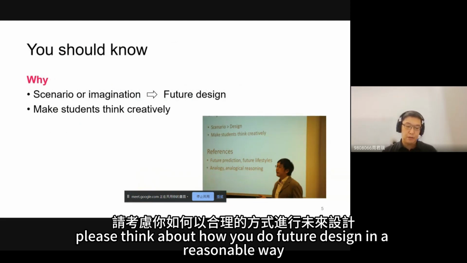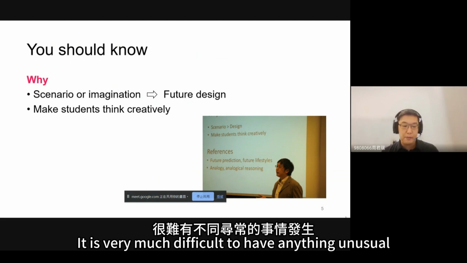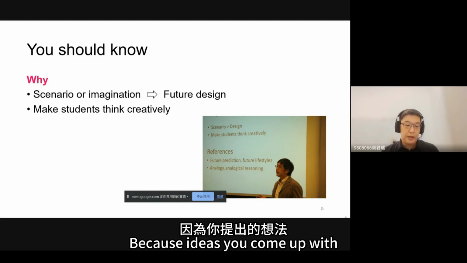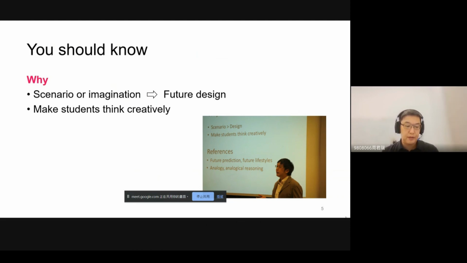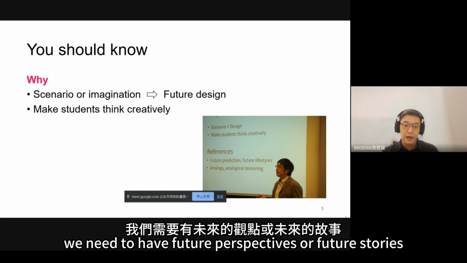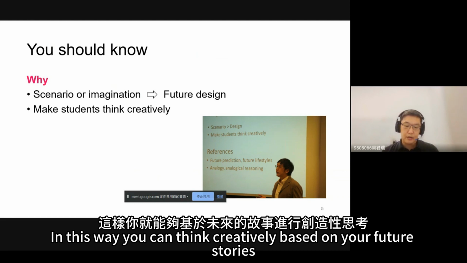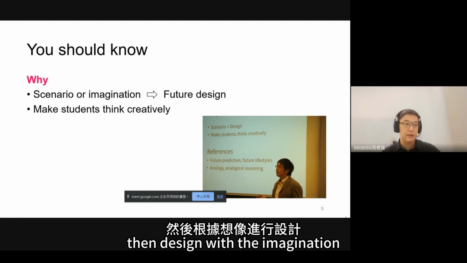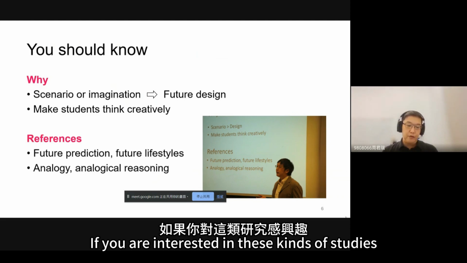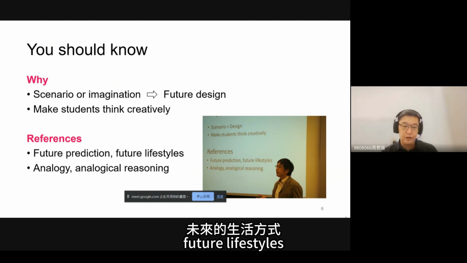Before we start, please think about how you do future design in a reasonable way. If you do not have any future scenario or future imagination, it is very much difficult to have anything unusual, because ideas you come up with is usually you had seen or you had experienced before. That is, before doing future design, we need to have future perspectives or future stories. In this way, you can think creatively based on your future story. 所以这是很重要的，必须先有未来的想象，然后根据想象进行设计。If you are interested in this kind of studies, you can read the literature review about future prediction, future lifestyles,